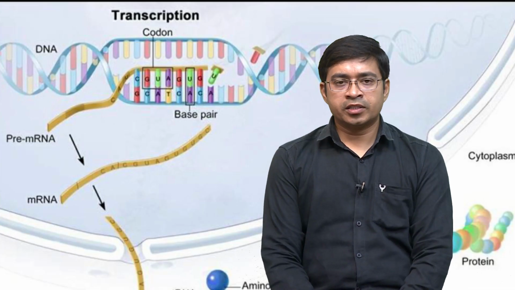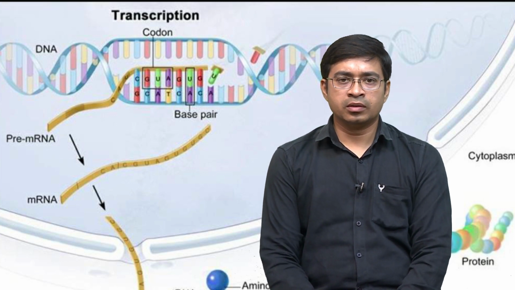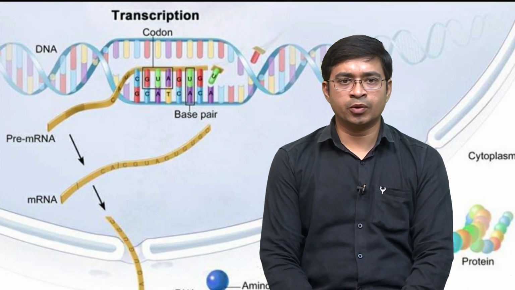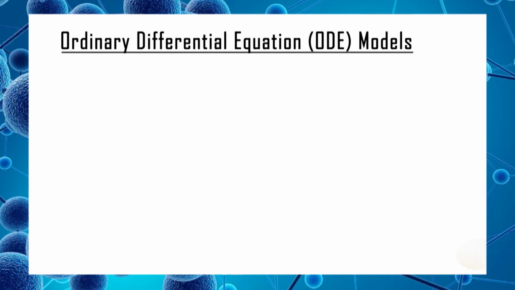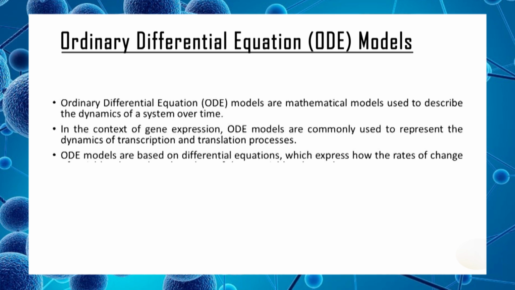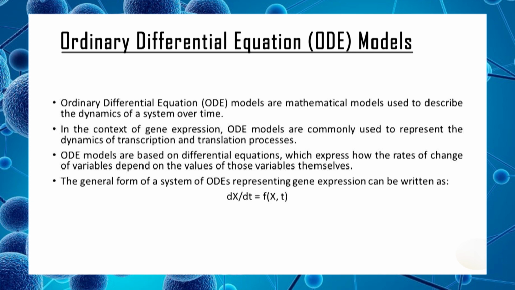molecules. Let us try to understand the two main methods that are being used in the modeling of transcription and translation. The first model is the ordinary differential equation, which is known as the ODE model. These are mathematical models used to describe the dynamics of a system over time. In the context of gene expression, ODE models are commonly used to represent the dynamics of transcription and translation